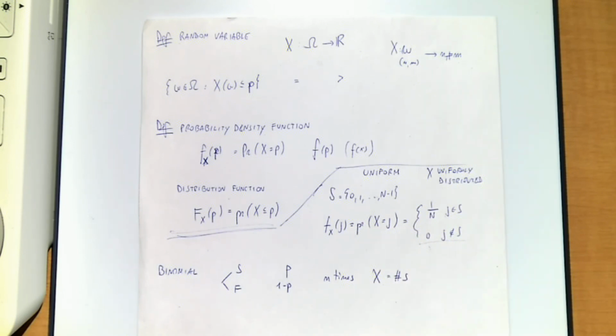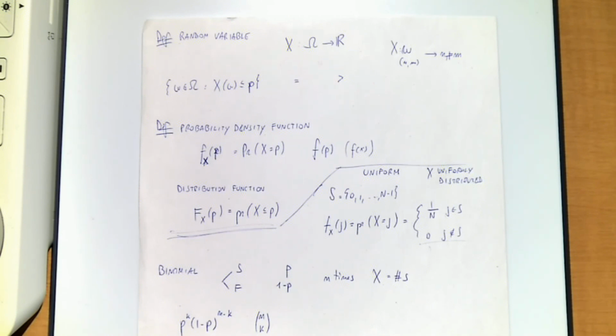Of course, if we fix our attention on k particular experiments among the n, then the probability that exactly those are successful will be given by p to the k times 1 minus p to the n minus k. This is the core of the binomial distribution. Why is it called binomial? Because we have n choose k ways of choosing k particular experiments. For example, the first k, or the last k, or the first, the second, and so on.